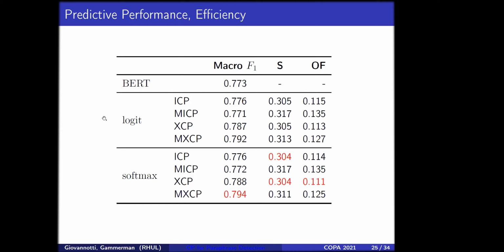Another thing we can see from the table is that there's not a lot of difference between the two non-conformity measures. I am highlighting here the best scores, and they're all belonging to the softmax function. But if you look at the values, we can see that there's no significant difference. We are talking about a 1,000th difference between the scores. So our simpler non-conformity measure performs more or less the same as the softmax version.